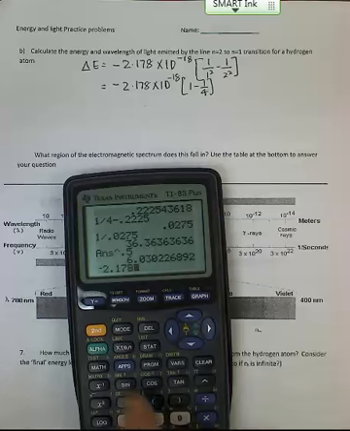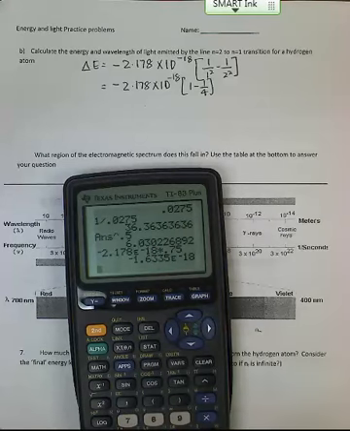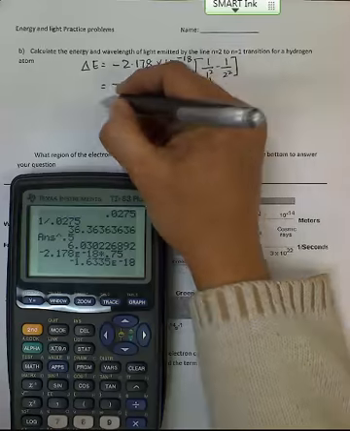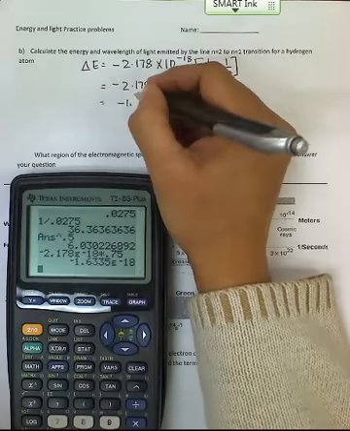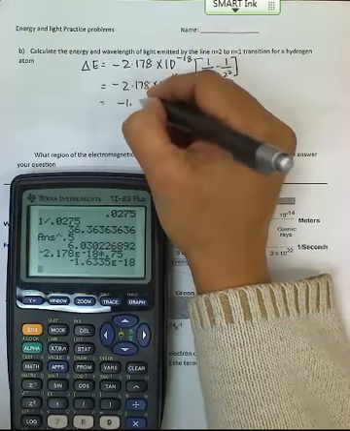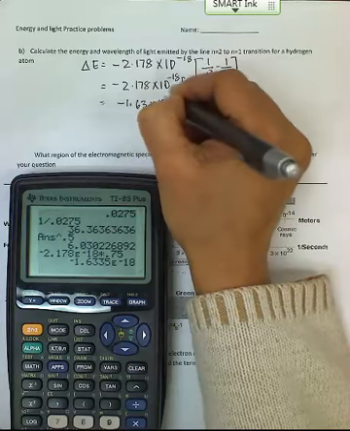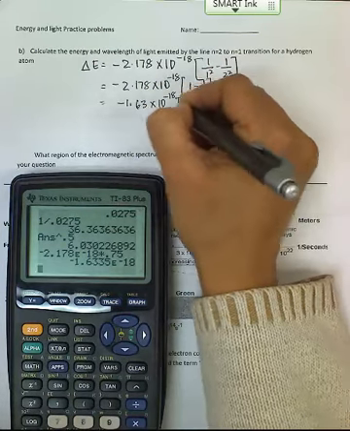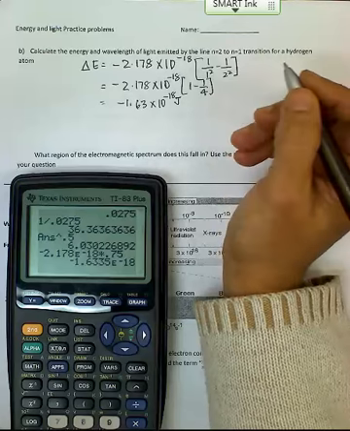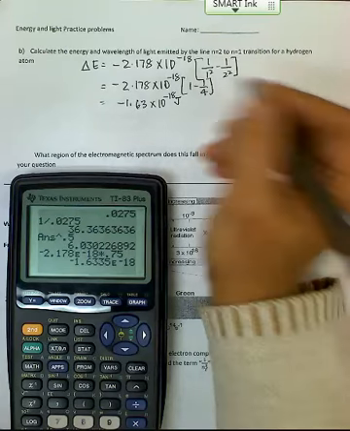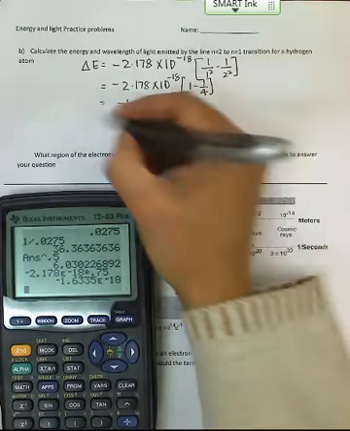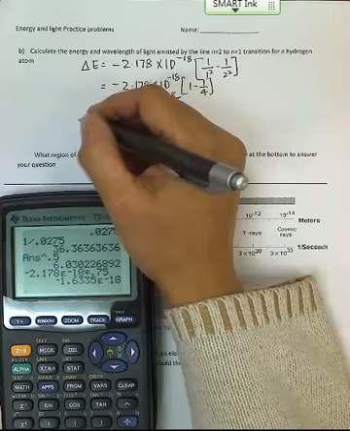negative 2.178 times 10 to the negative 18 times 0.75 equals 1.63 times 10 to the negative 18 joules. Now we have to calculate the wavelength of the light emitted. So we know that